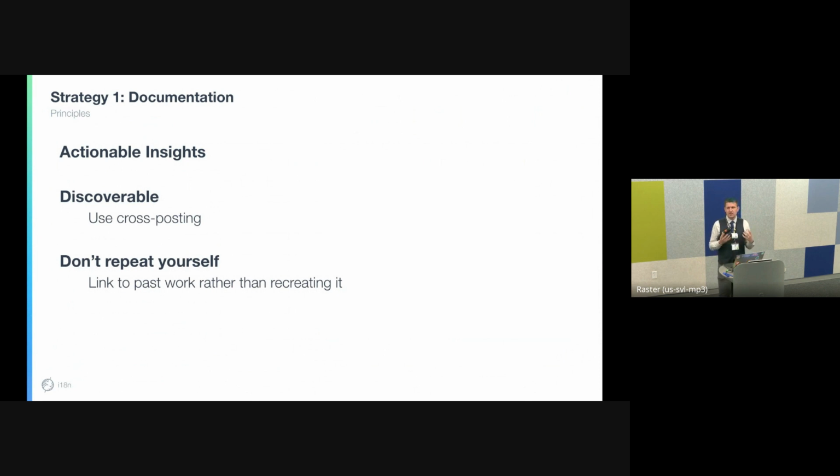Making sure documentation is discoverable is really important. Documentation linking other documentation is a big part of that, but also cross-posting. In our office, we use many different ways to communicate with each other. We have chats, we have our internal wikis, we have our own Google Drive folders with lots of documents that you can't find. Searching in Google Drive is so difficult because everyone uses different keywords and folder organizations. And so cross-posting your documents is really effective, so you can make sure people find this information.